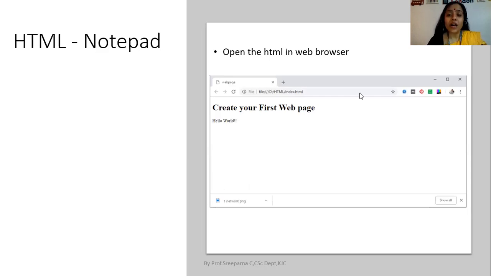In the address bar, if you can see, will be the path where you have saved your HTML file. After saying this, students, let us see an example of the same.